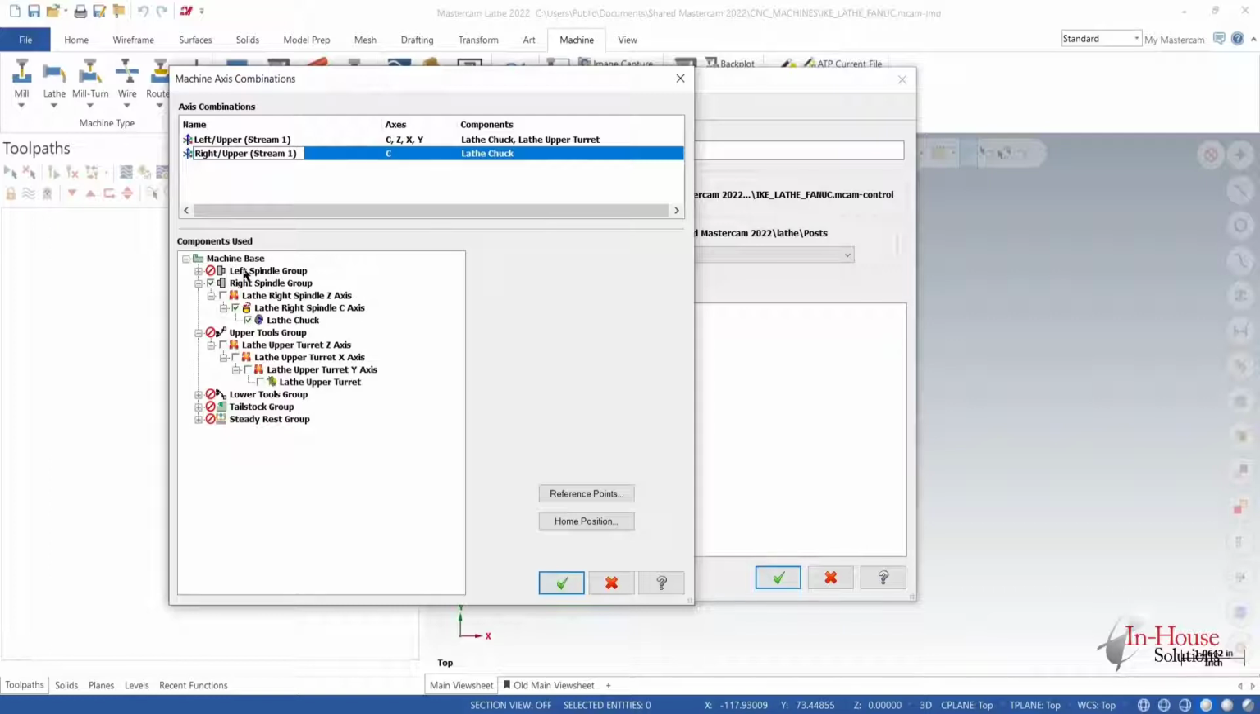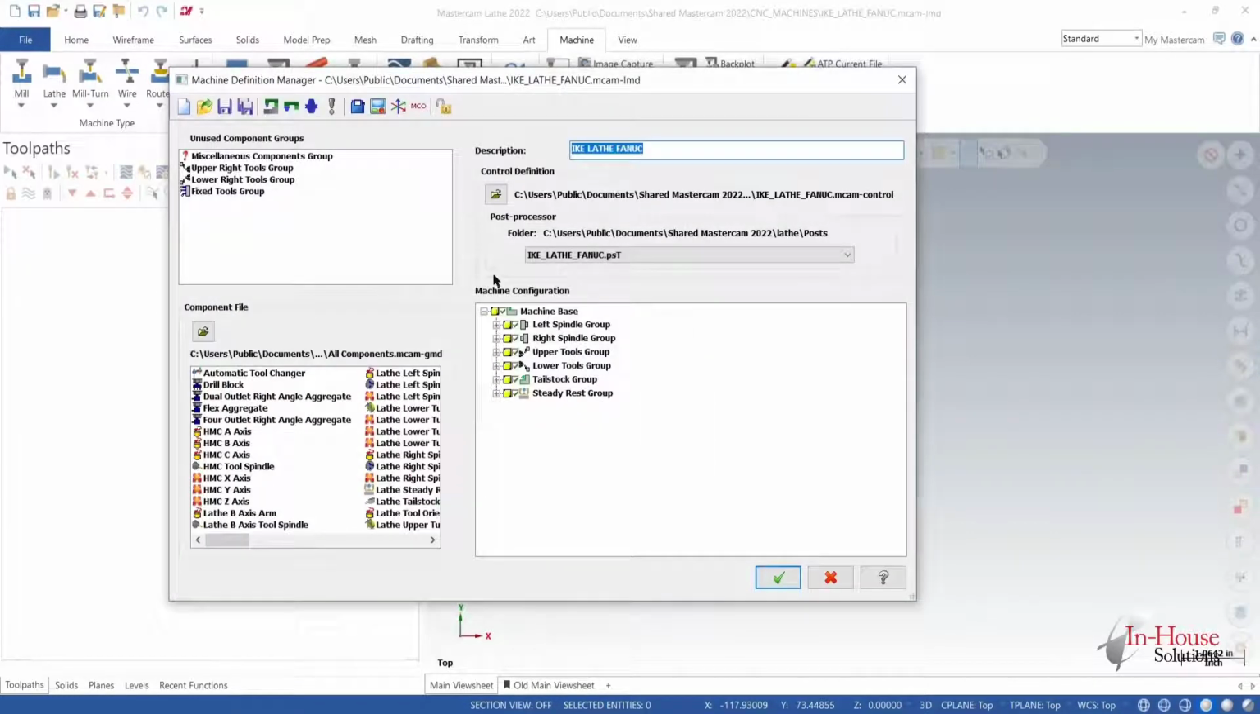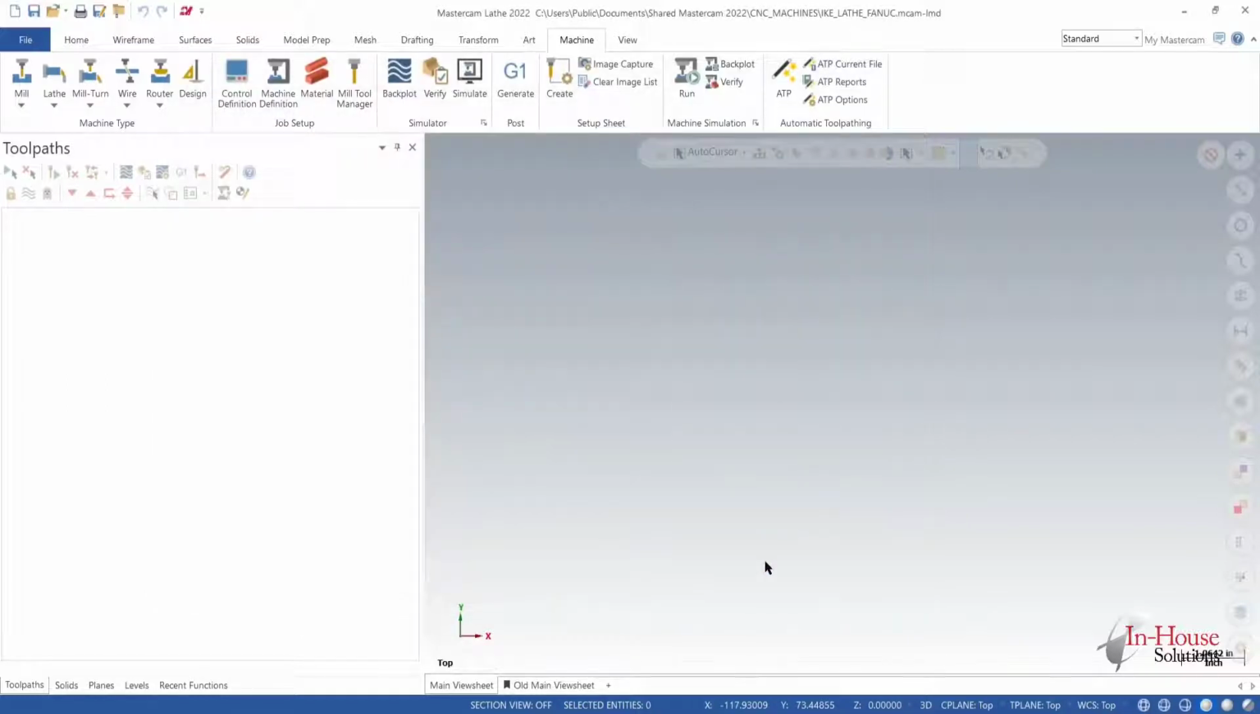Now you need to choose the Z axis on the upper tools group, not the right spindles group. It's just a little trick of the trade. Make sure you do that properly. And honestly, that's everything right there. It's done. Hit save. You can leave the video now if you like, but if you want to see it